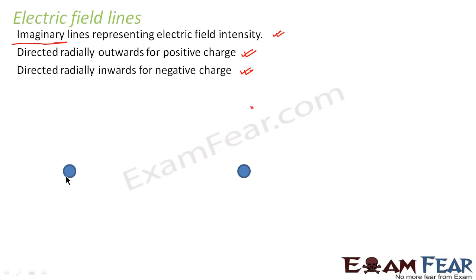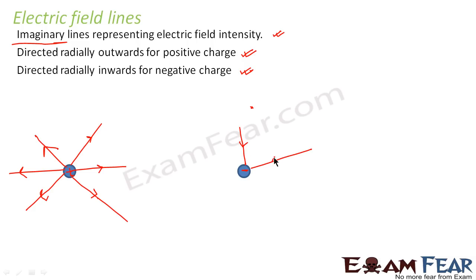For example, let us suppose we have some positive charge here. If this is a positive charge, then the electric field lines would be somewhat like this. So this is how the electric field lines would be. So it will be outward. Similarly, if this is a negative charge, then the electric field lines would be somewhat like this. So the electric field lines are always outward from a positive charge and inwards to a negative charge. So they define the direction of electric field basically. So electric field is always directed from positive towards negative charge.